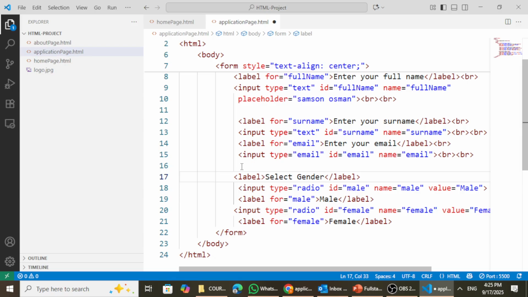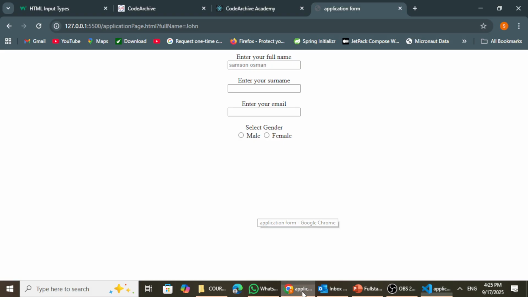Select gender. Then let's add a break. And now after saving it, you can see now there's an instruction which says select your gender, and now the person can select this or select this one. All right,